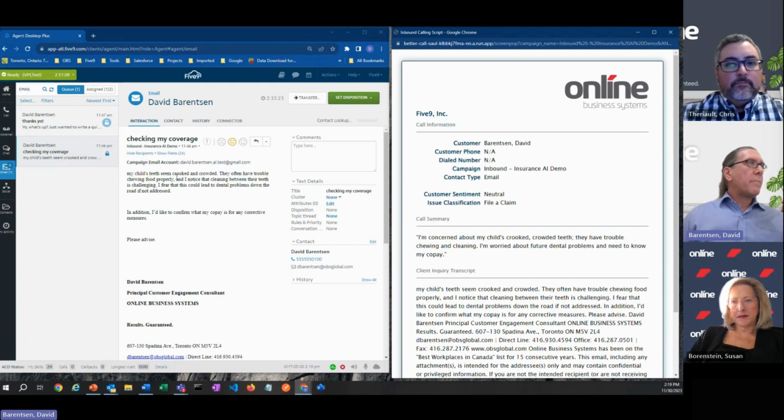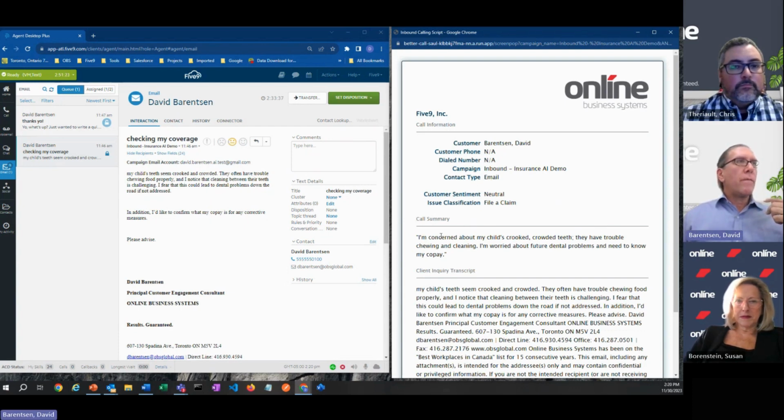They're talking a little bit about some things without a clear call to action. And then we're saying here, I'd like to confirm what my copay is. So from the copay, we've identified we're talking about filing a claim, or that they might want to file a claim. We've also summarized this down to a couple of lines, where we might have several paragraphs here, to help an agent get their head around what's going on really quickly. We look for the key topics and summarize everything, with the transcript down below, just as it is over here on the left-hand side. So a few really interesting things have happened here. We've got sentiment, a classification, and a summary.